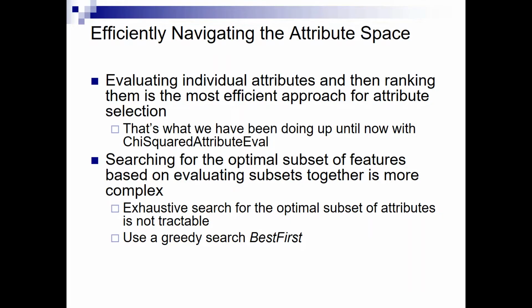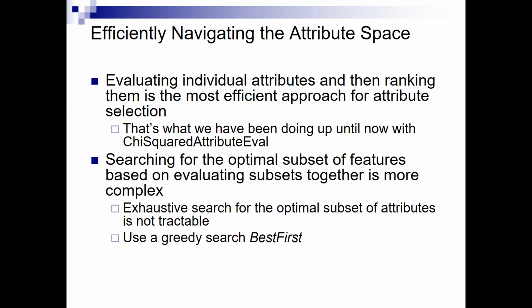So it's most efficient to use this filter method, where you assign a metric to each feature, you rank, and then you keep the top n. But the problem is that in thinking of each of these features by themselves, what you don't factor in is that some of the features are really only valuable in combination with other features. And you will never be able to detect that value when you're just evaluating each feature by itself.